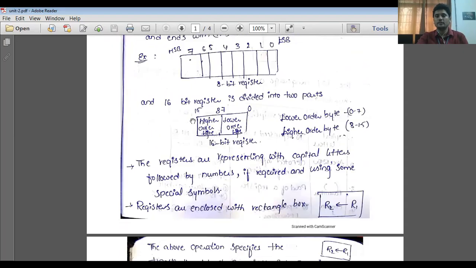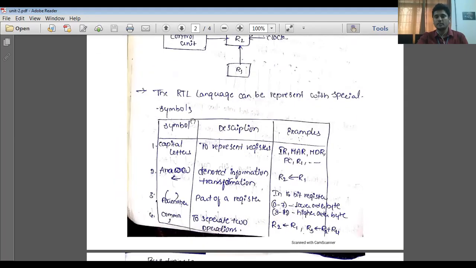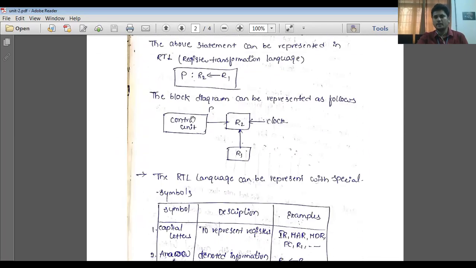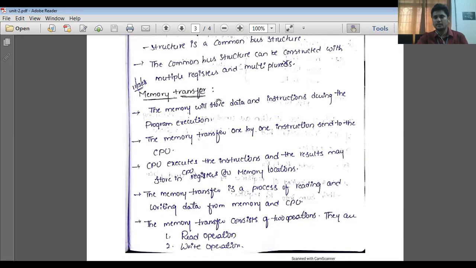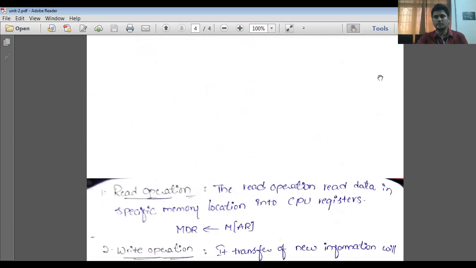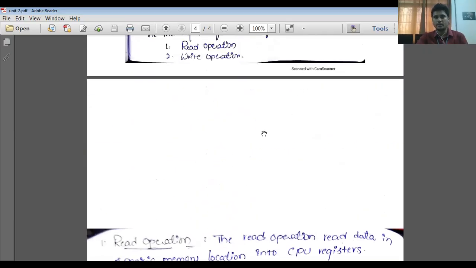So in this way, we covered how data is transferred: bus transfer, register transfer language and memory transfer. These topics we covered in this session. And now next,